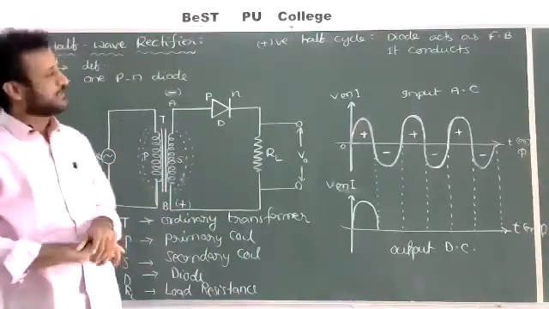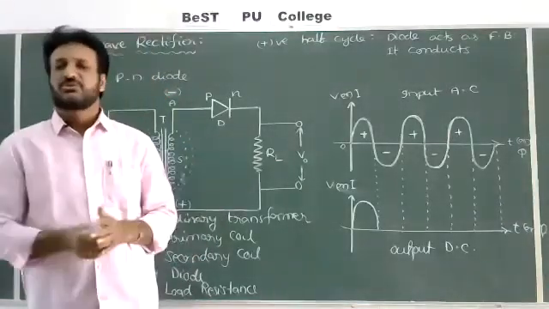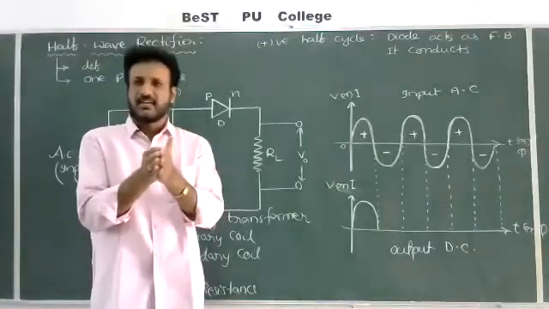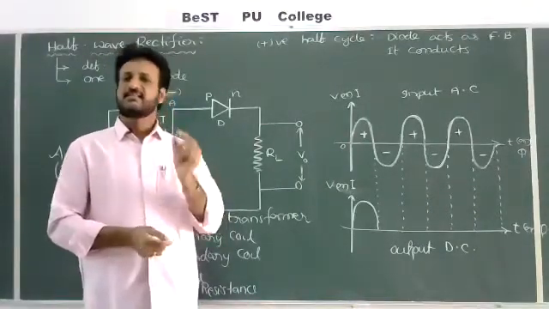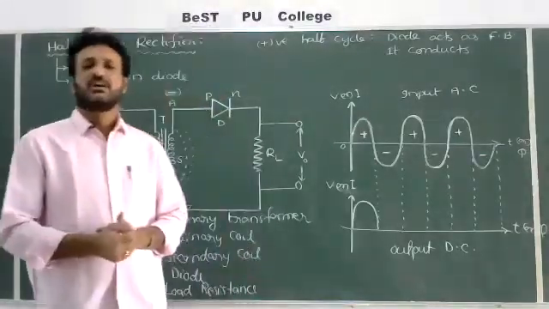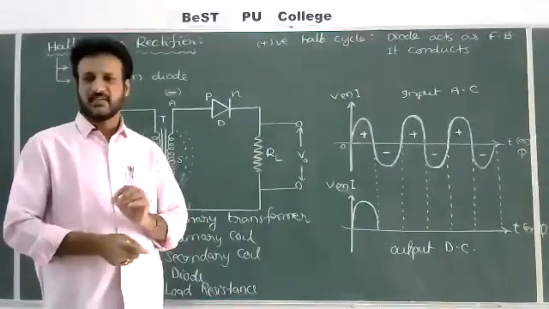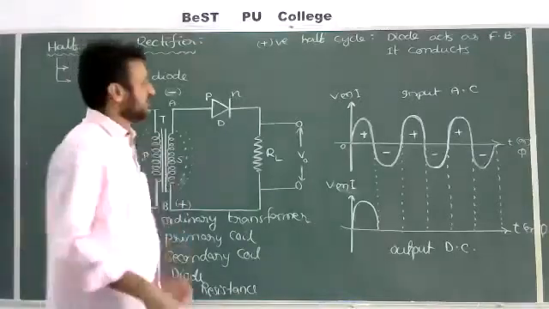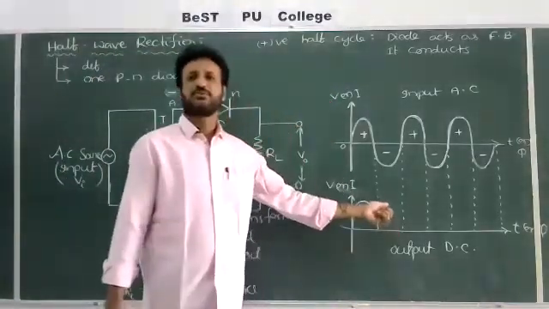In case of the reverse bias, both electrons and holes are moving away from the junction. So the thickness of the depletion layer increases, the barrier potential increases, and the resistance of the diode also increases. So almost no current flows through the diode. If it is ideal, no current passes through the diode. So in the next half cycle, there will be no flow of current.